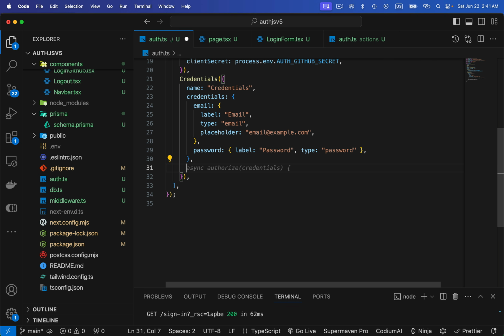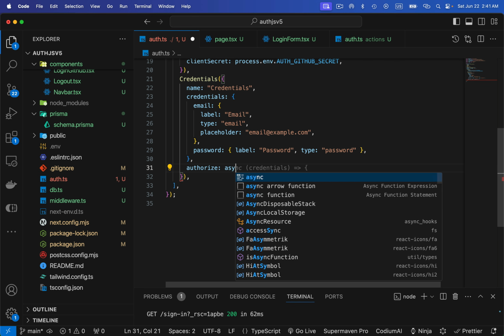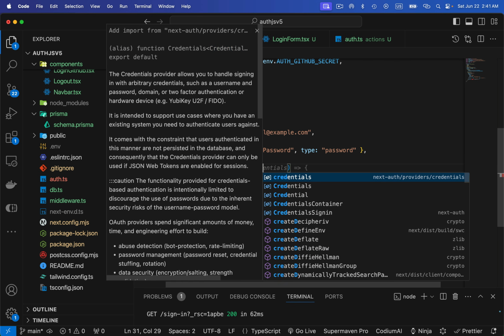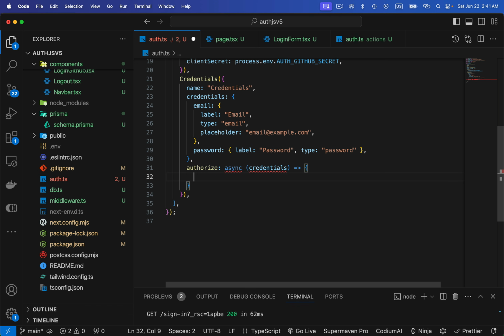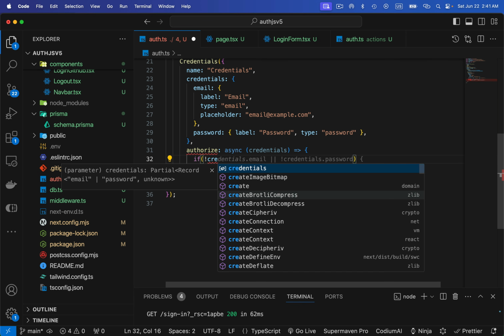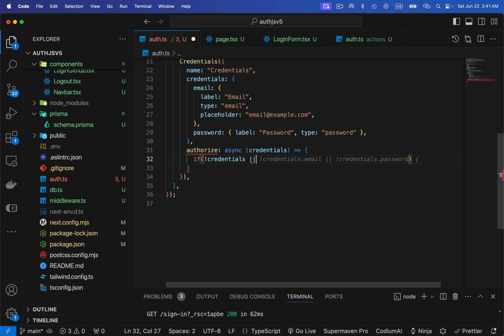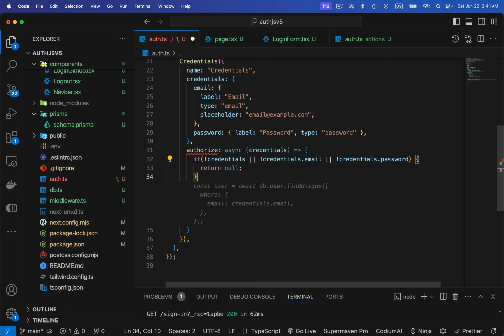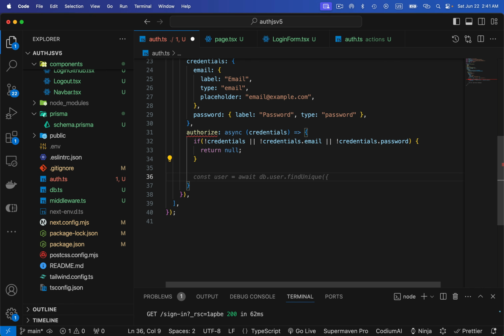Okay, so I'm going to write authorize colon async credentials arrow function. Okay, so inside this, first of all, I'm going to check if not credentials or credentials.email. If any of these does not exist, then I'm simply going to return null. Next, I'm going to receive the email ID and then the password from that server action. So email equals the credentials.email as string,